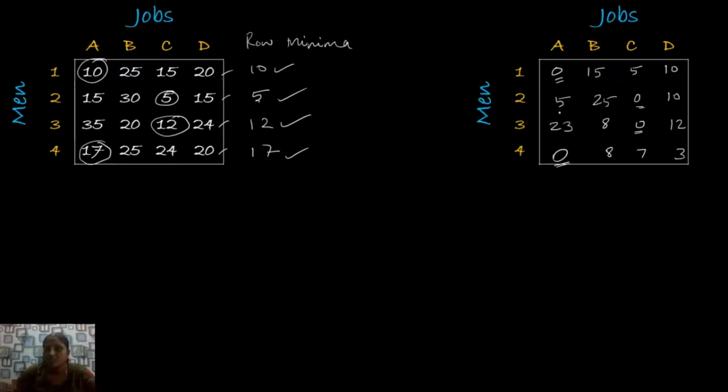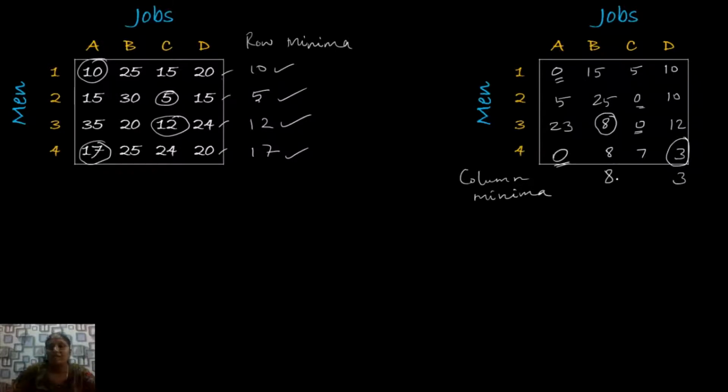So look at the first column. It has two zero elements, so leave it. And go for the second column. This column doesn't have any zero element. So you have to pick up the minimum element here. This minimum element is 8. This is your column minimum. And go for the third column that has already two zeros. So leave it. Go for the last column. It doesn't have any zero. So you just pick up the minimum element. So 3 is the minimum element and write it here.